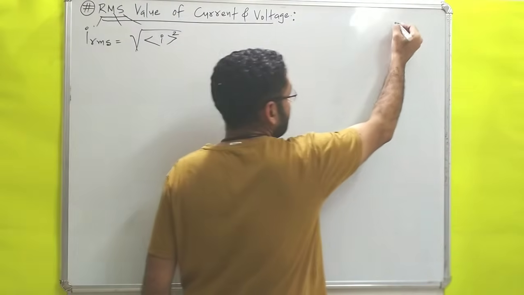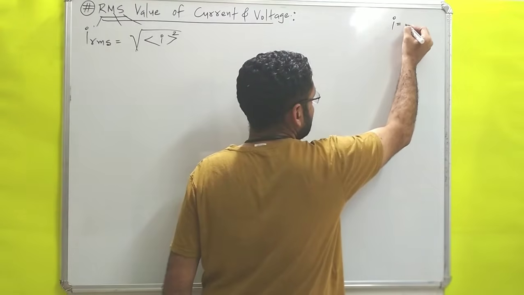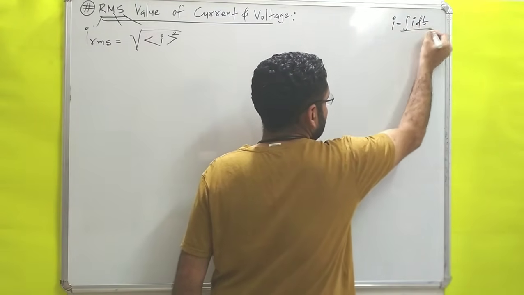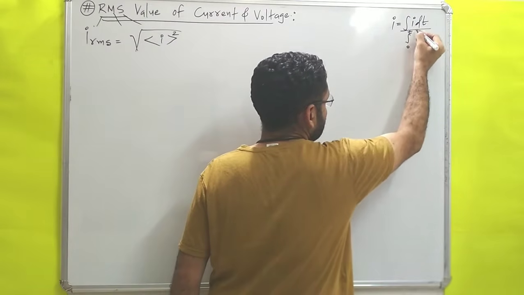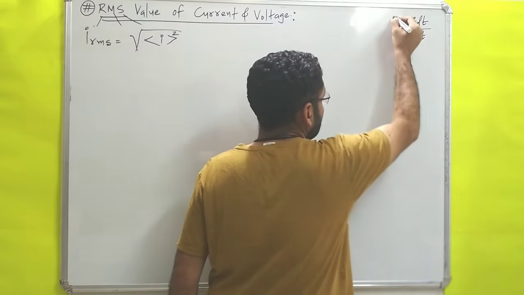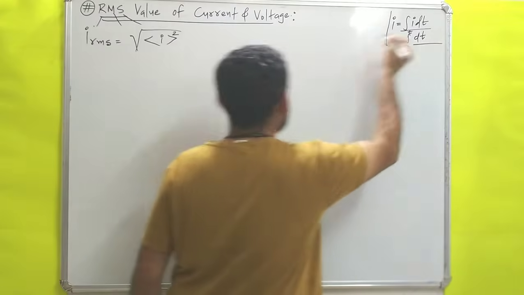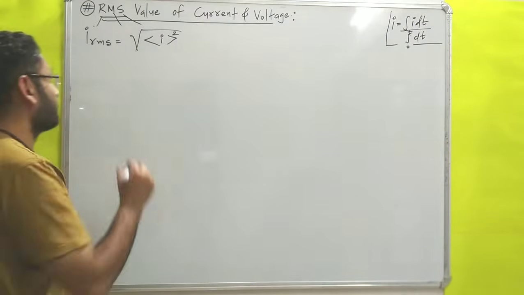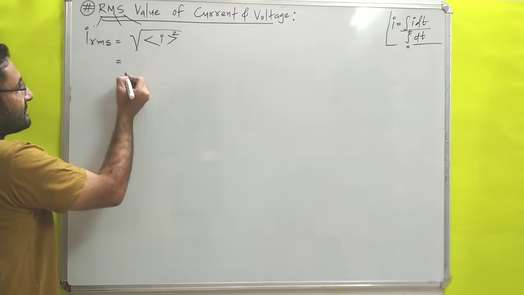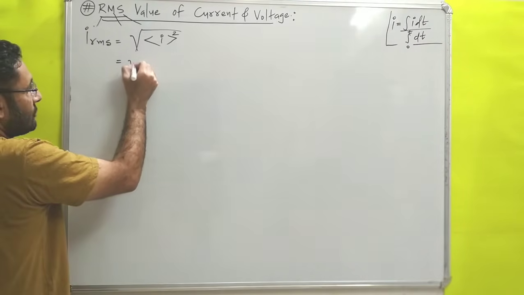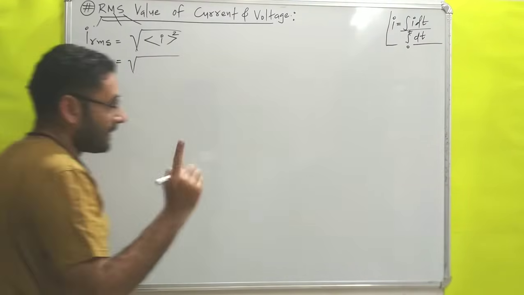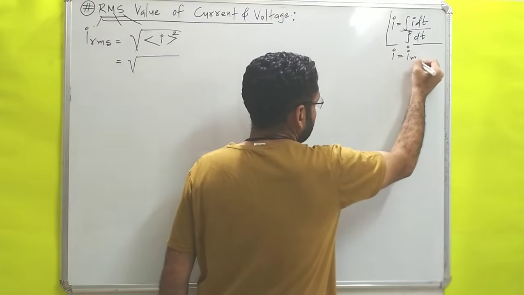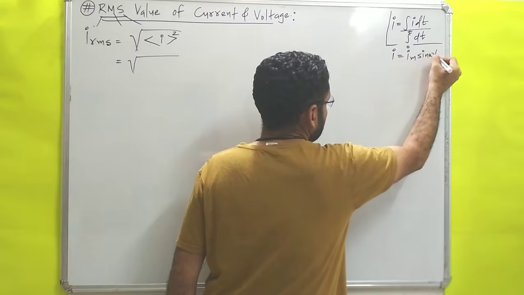So in previous video we have derived this equation. I is equals to what? If you have remembered, integration of I dt divided by integration of 0 to t time interval dt. So with the help of this equation we can find out the average value, or you can say mean value of current. Okay, we will proceed further, which is equals to, next what we can write? Root of. Now value of I also we have derived, which is I is equals to Im sine omega t.